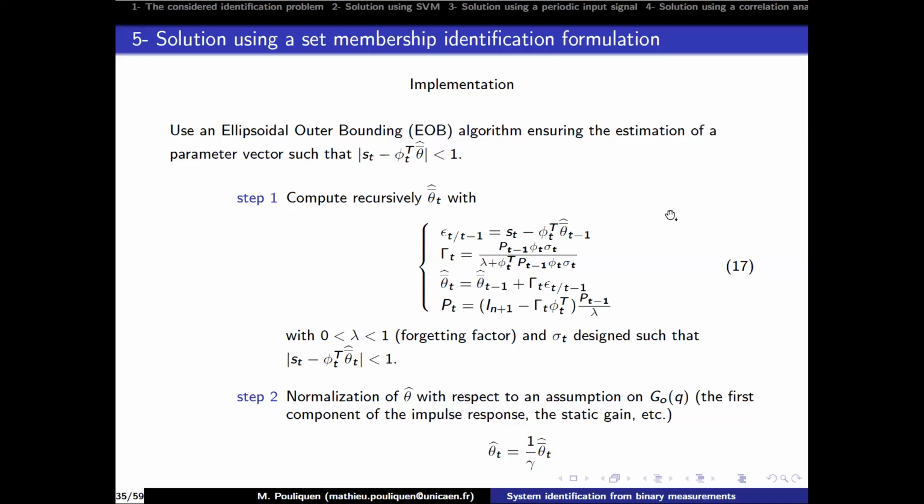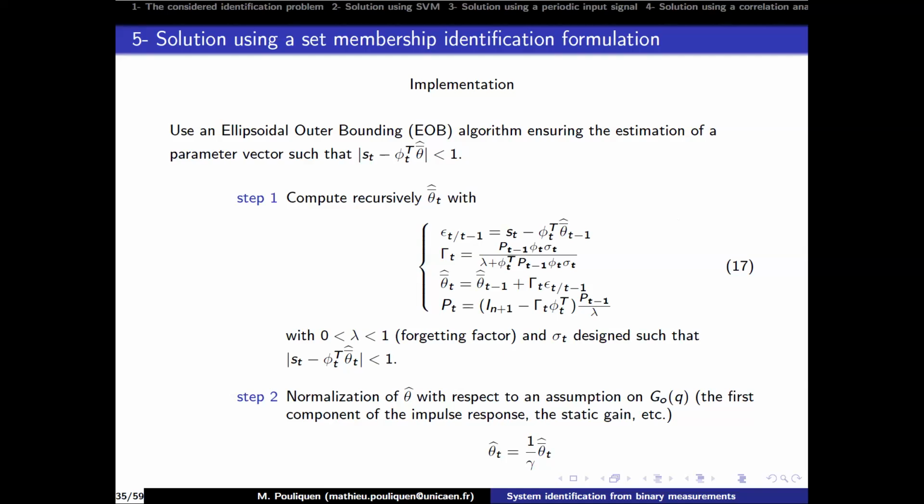The implementation to solve this identification in bounded noise. Here we use an ellipsoidal algorithm that constrains the error between 1 and -1. It looks like